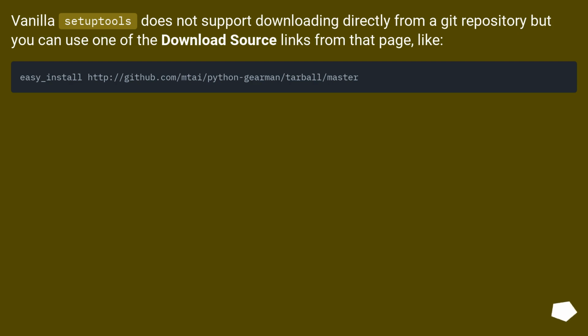Vanilla setuptools does not support downloading directly from a Git repository, but you can use one of the download source links from that page, like